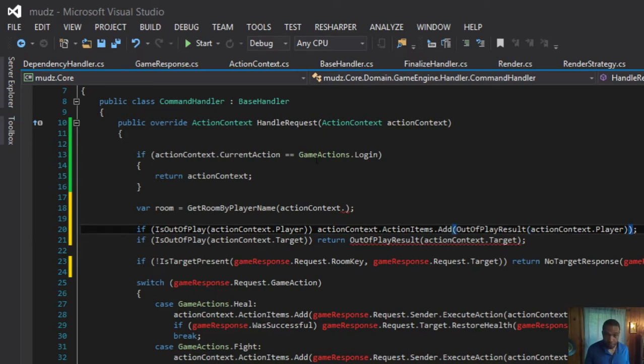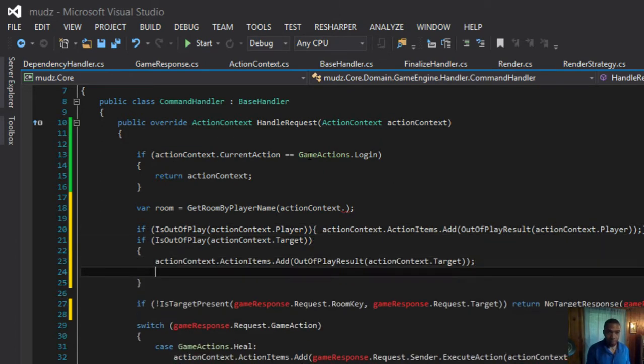So this is the joy, right? Instead of returning back these big things, like the game response, we're going to add this. Throw some parens or some curly braces around that, and return action context.